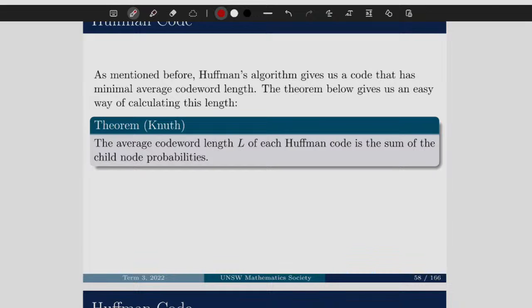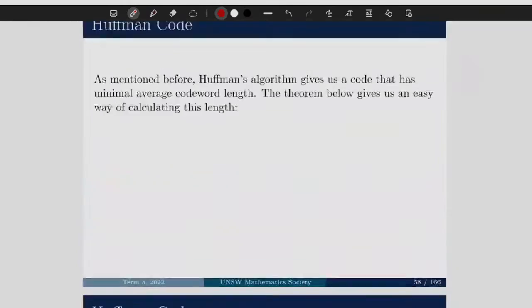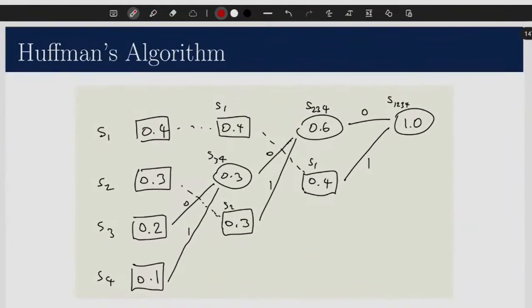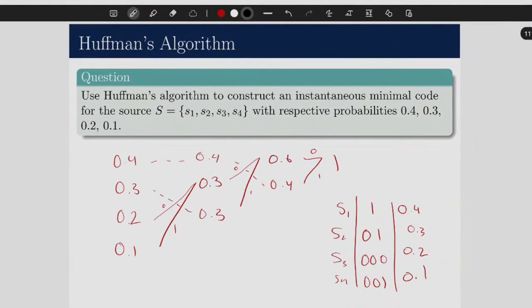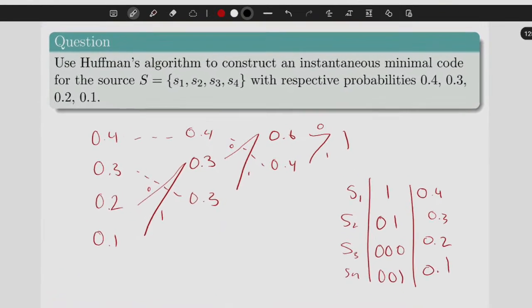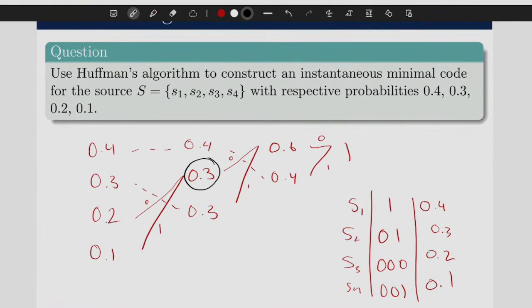Anyway, this theorem, yes. The average code word length is the sum of all the child node probabilities. So if I go back and look at this example, I might look at my drawing instead because my drawing is better. No, I'm kidding. Anyway, we see how we added for this, so this becomes a child node. This also becomes a child node here, and then we also have one here that's a child node as well,